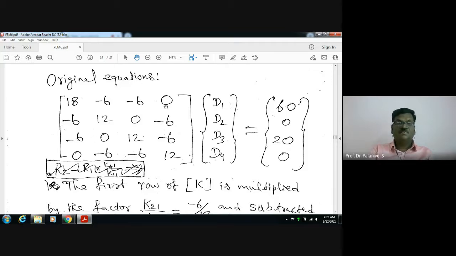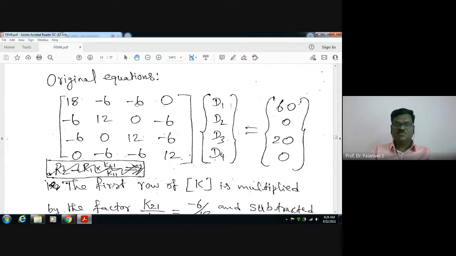I advise all of you to memorize this matrix, there is no other way. In the examination, suppose you want to explain the Gauss elimination method or the matrix decomposition method, what to do? If you want to explain the solution technique, you have to take this example. With the help of an illustrative example, we are going to explain this method. So it is easy to memorize this global stiffness matrix. This is the original equation.